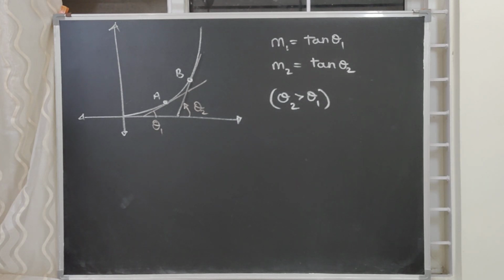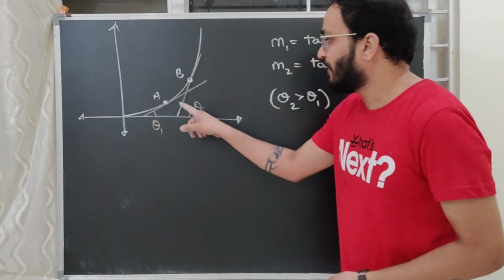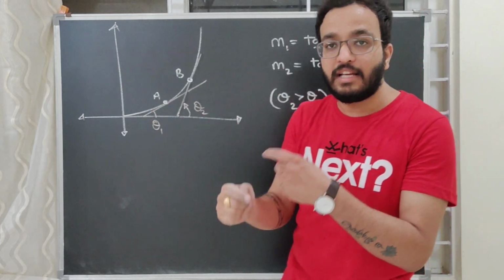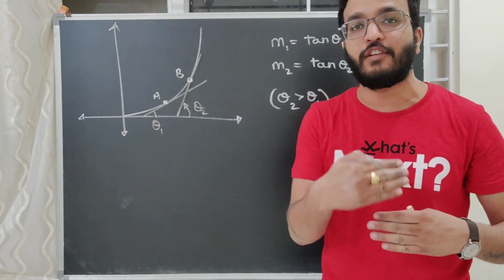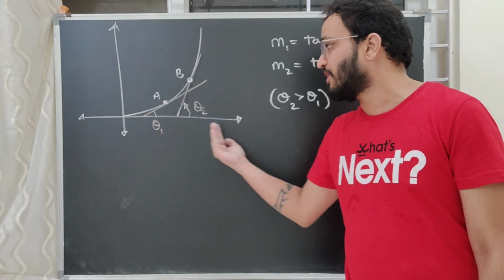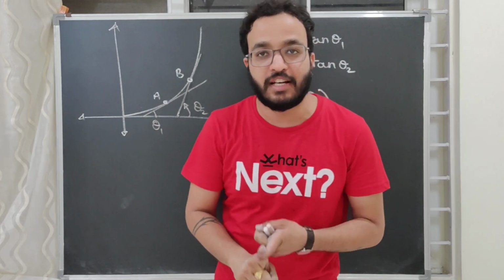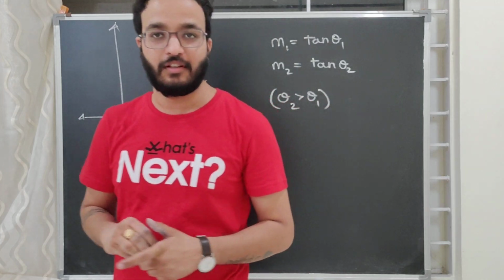And at every point, can you see that if I draw the tangent, the angle this tangent makes with the x-axis is not going to be the same, right? If I draw a tangent here, as I keep moving on, the angle which the tangent is making with the horizontal axis is not remaining constant, it is changing as we move forward. So that means a curve does not represent a constant slope. A curve represents a variable slope, right?